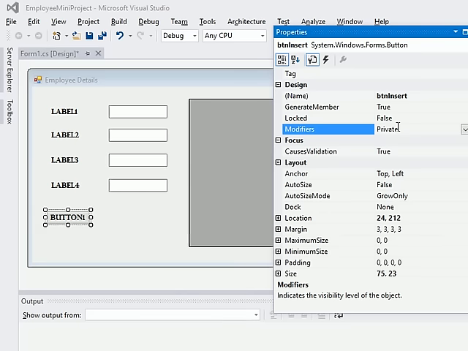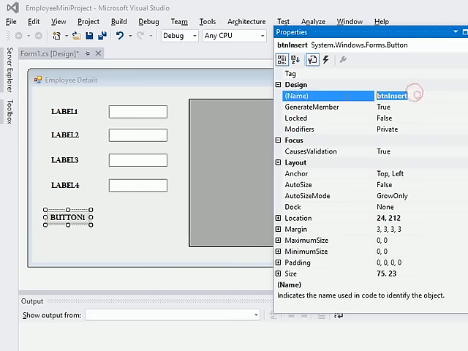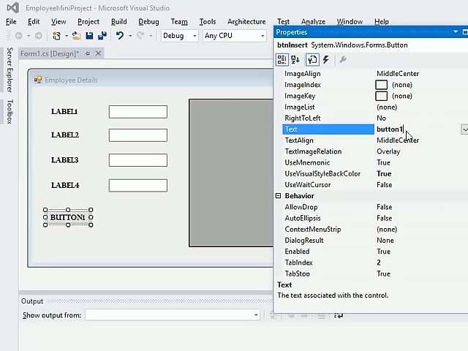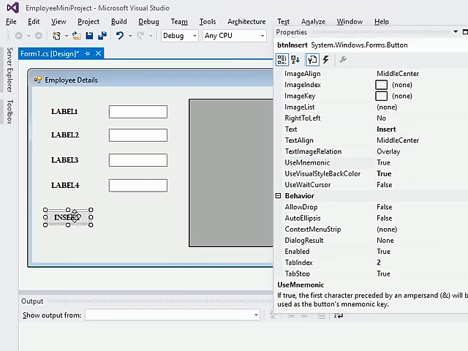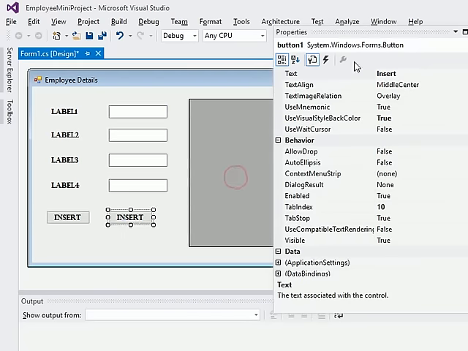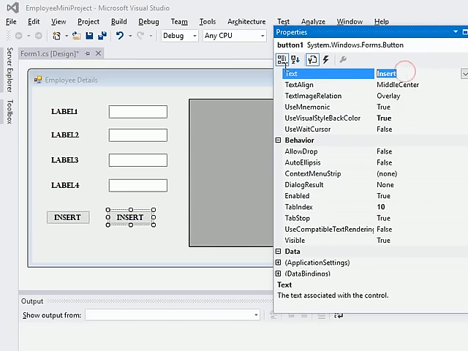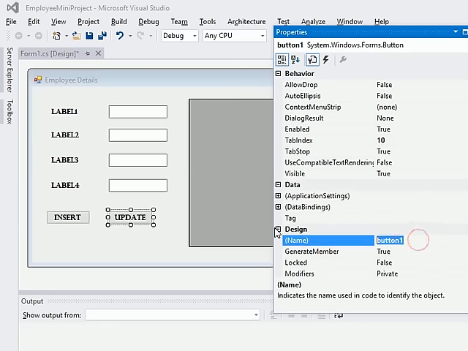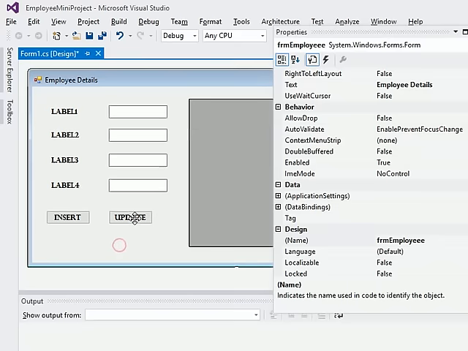in the code behind. So this btn insert will help me, and the text is what's going to display on the GUI. So I'll only write insert over here. Okay, make a copy of the button, Control V, insert, then update. So the text will be update, and the name will be btn update, right? And the same